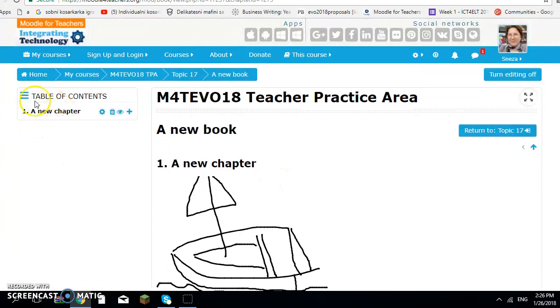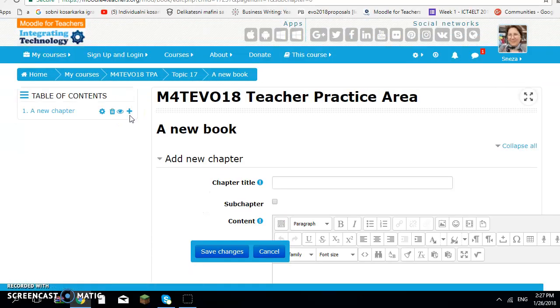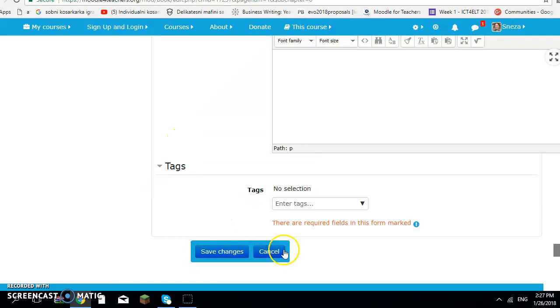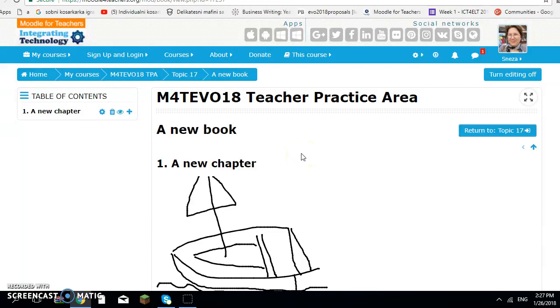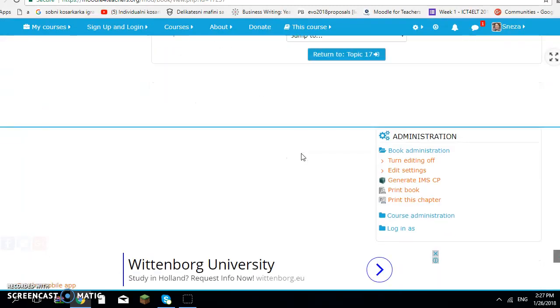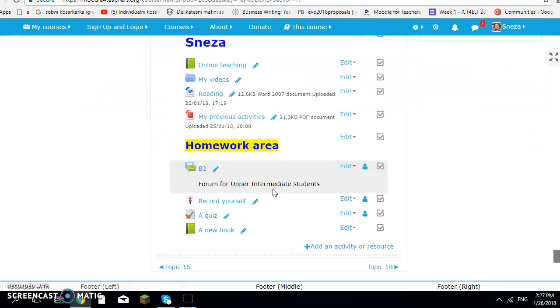So if I want to add more, here I have the table of contents, and if I want to add a new chapter, I click on here, and I will spare you from watching another of my attempts to draw. So I will just cancel this second chapter. This is going to be a book with one chapter. Right, I will return to the topic 17,